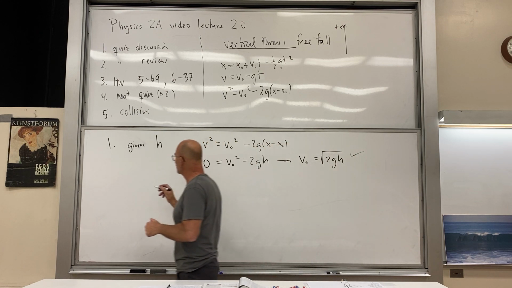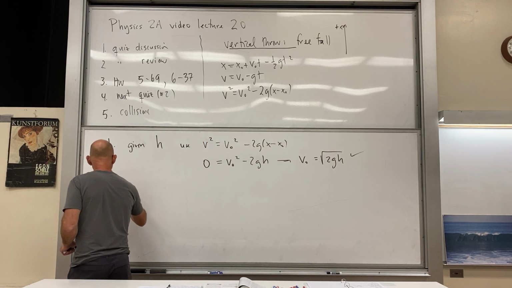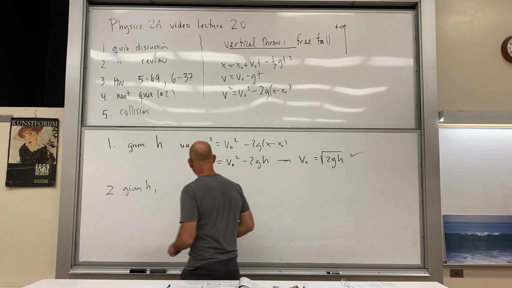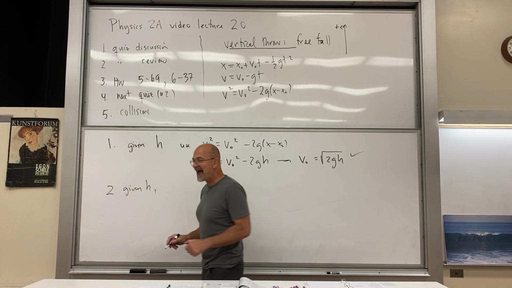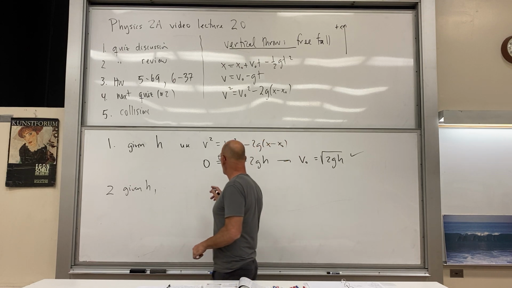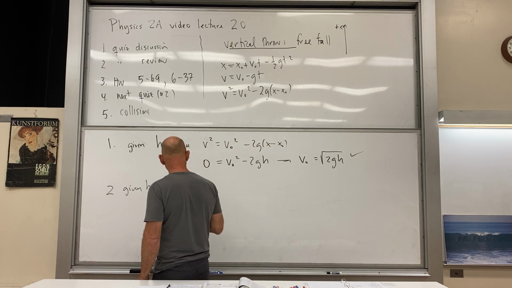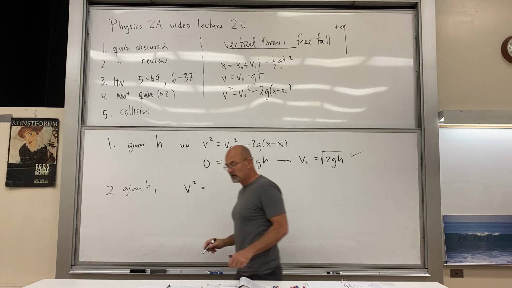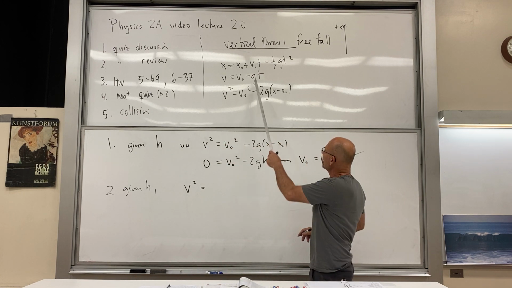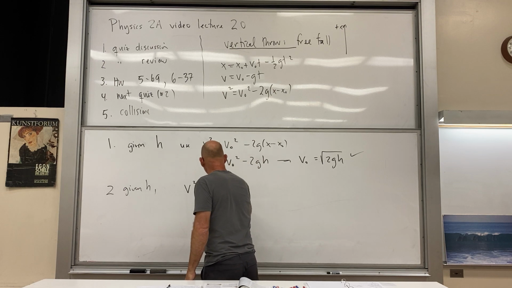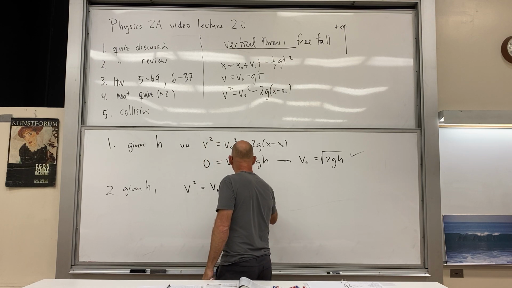Now the second one, we were also given h, but we wanted to find the speed at half height, okay? So we wanted to find the speed at 1/2 the height, and we're going to use this one again. You know, if you do use the time-dependent ones, it'll take you much more time to do the problem. So we'll use this equation again. I'm just going to write it out.